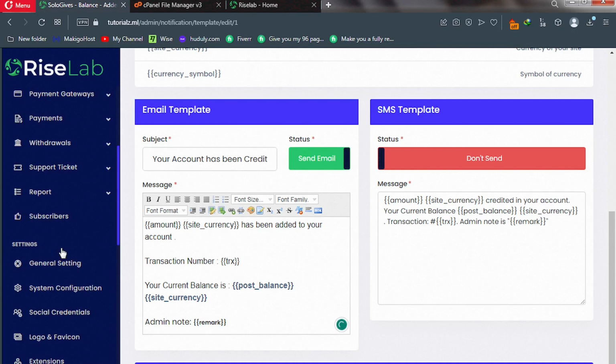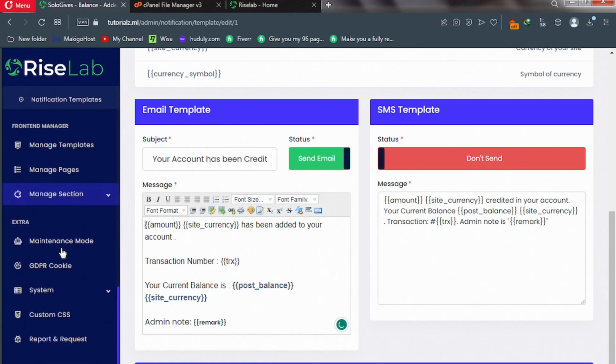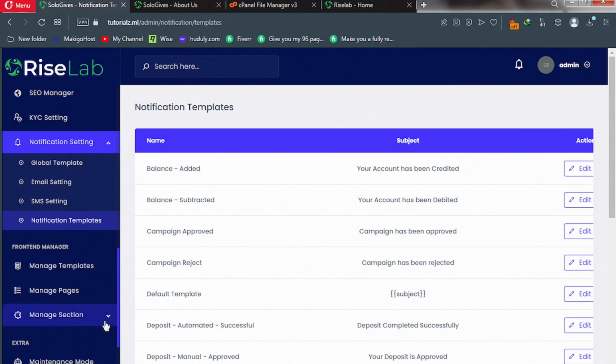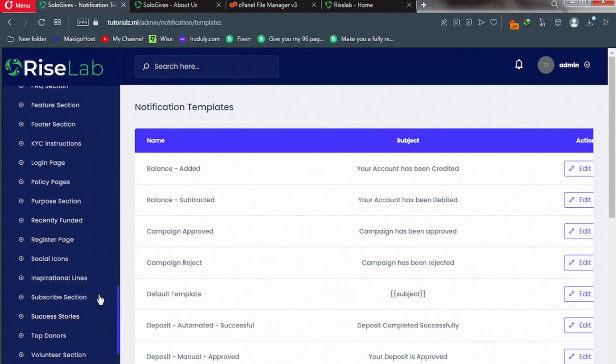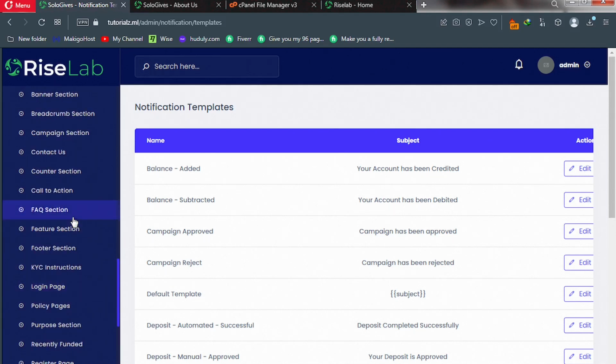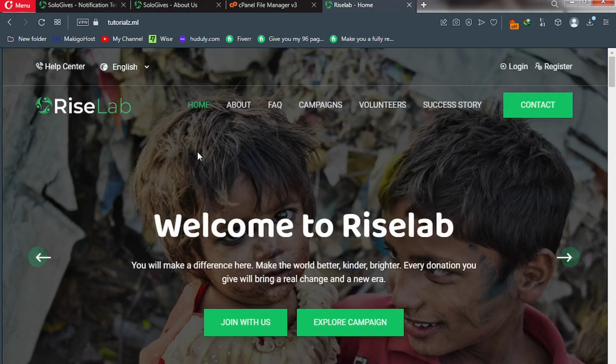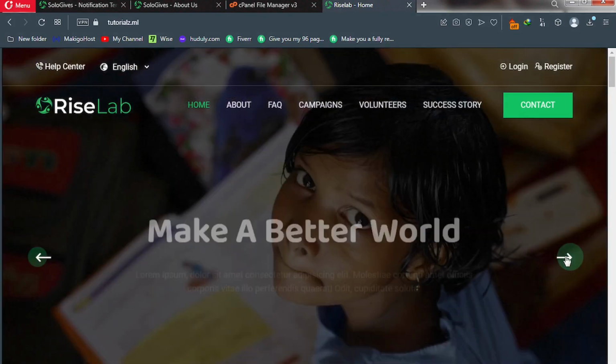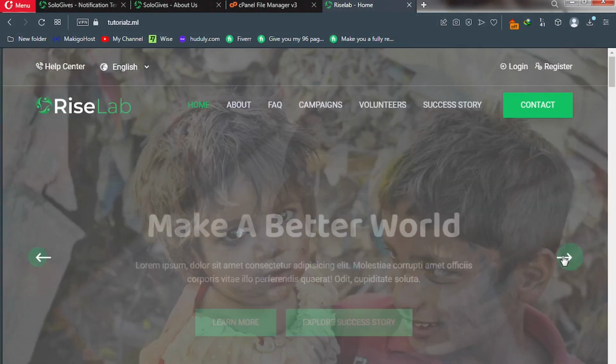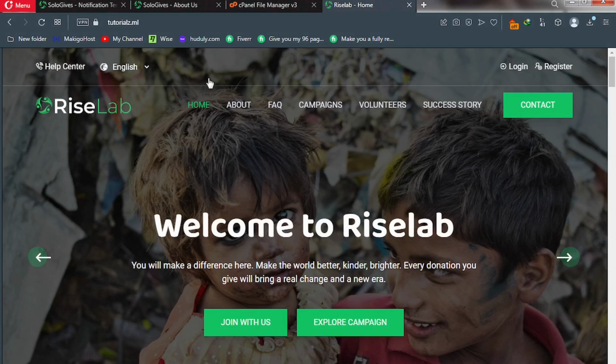Next up, scroll down and under manage section, click on it, scroll down again, and this is what we use to control the main content of the site. So if I send you back to our home page and then take you back to the top, this is the hero area. So this image here, there are two sliders. Okay, we can change these images and the text